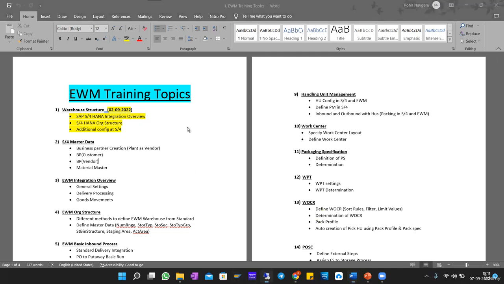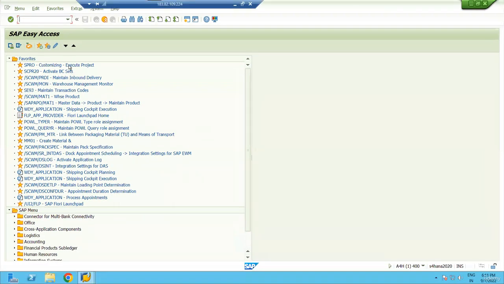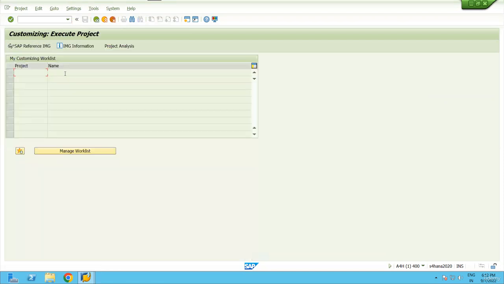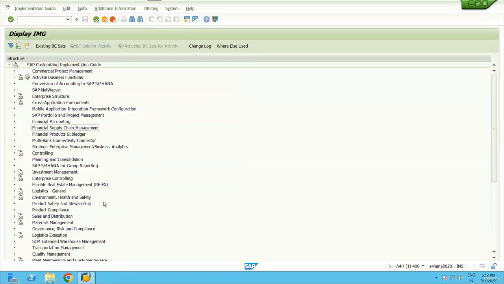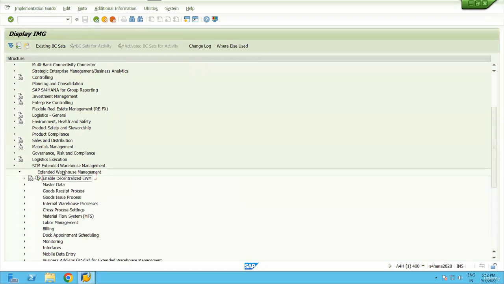So let me go to my local desktop. Since we have built our S4HANA intermediate warehouse and EWM warehouse, we need to integrate the intermediate warehouse and the EWM warehouse. So I'm going to show you the setting where we need to assign the intermediate warehouse number as well as the EWM warehouse number. First, at the EWM side, we need to go to SCM EWM, and under the EWM node,